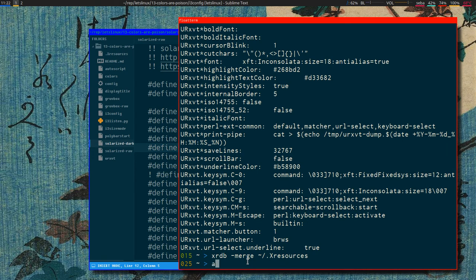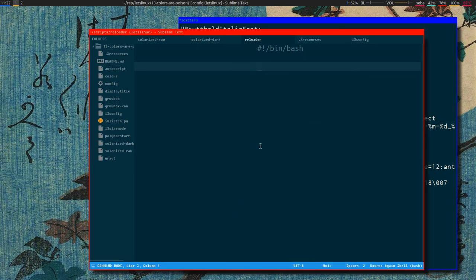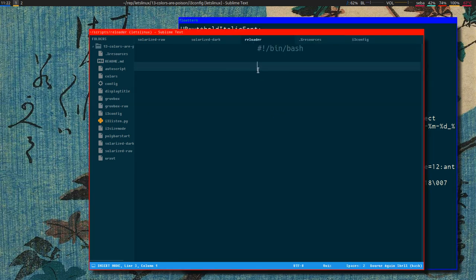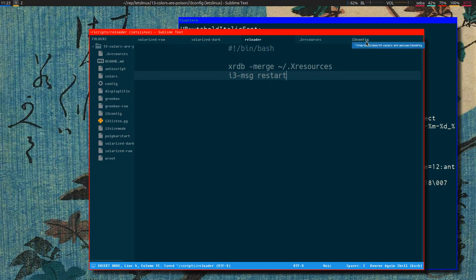So let's create a script with our auto script function. Let's call it reloader. And there we have reloader. And what we want is to merge xrdb and reload with i3-msg restart, that is what we want. And yeah, we can just leave it like this, save this, and then we can add this to a hotkey